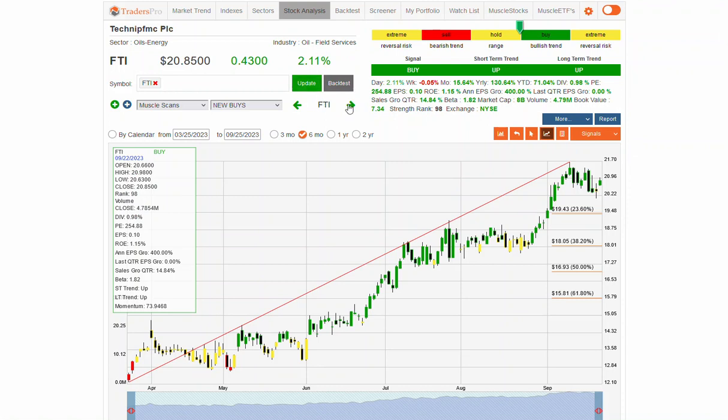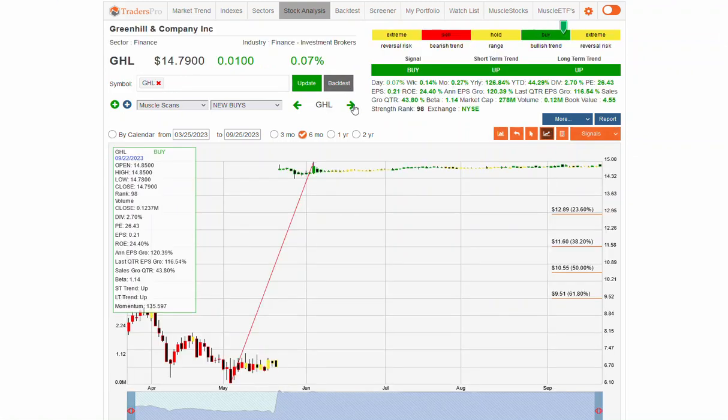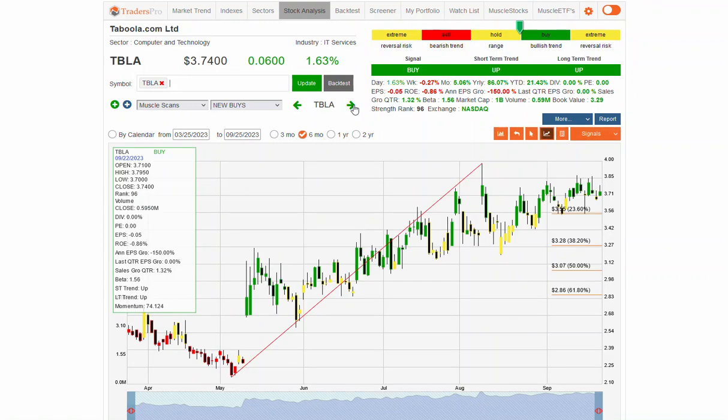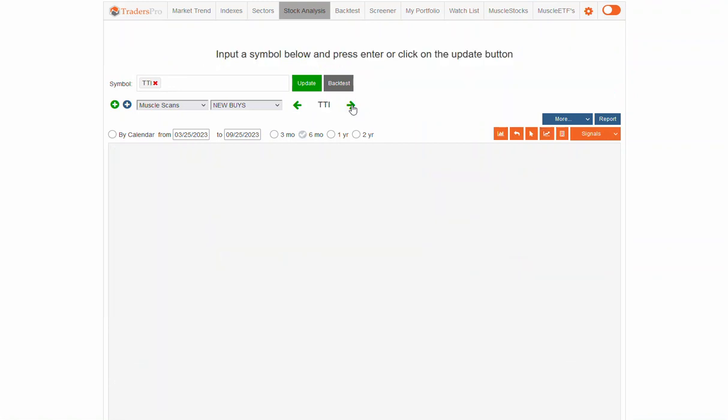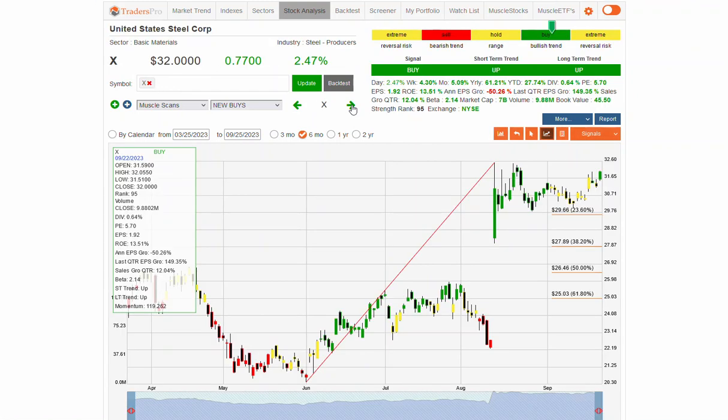FTI, oil and energy, still seeing oil and energy showing up in a lot of these scans, but you'll notice the last 3 or 4, medical, biomedical, and one oil, finance stock with the buyout. Taboola, which is a tech stock, online media and advertising, and another oil play. Base material,